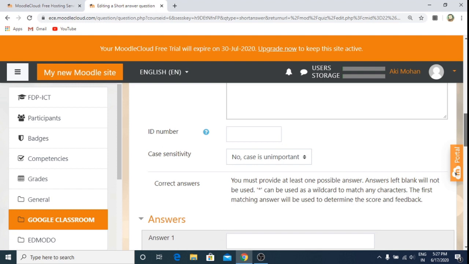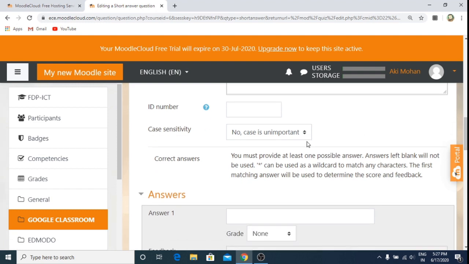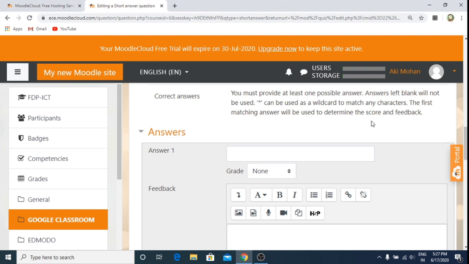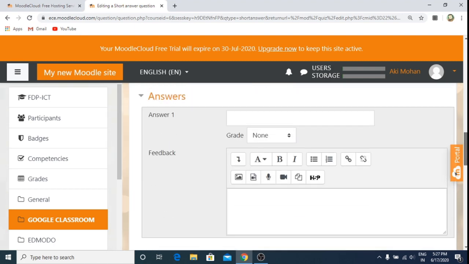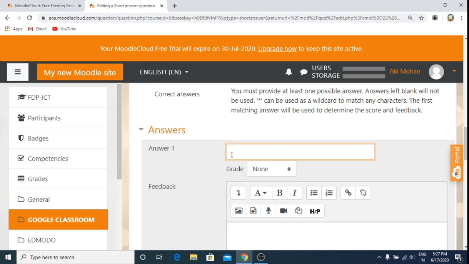So here I can choose it as case is unimportant. So here, correct answer. We'll keep the grade as 100% for the correct answer.